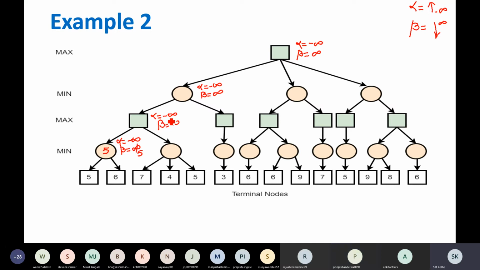Alpha will increase. So of course 5 is better than this. So the value of alpha will be 5. Copy that value down. Alpha is 5, beta is infinity. So this is a minimizer node. Update value of beta.